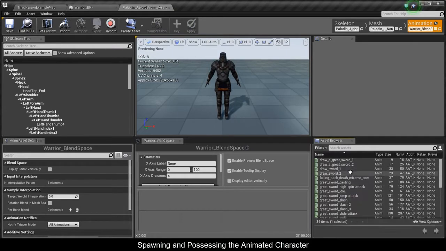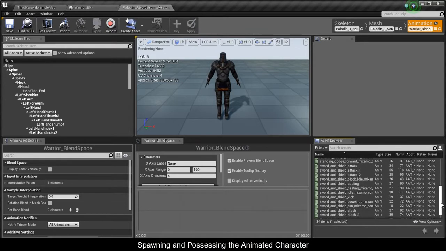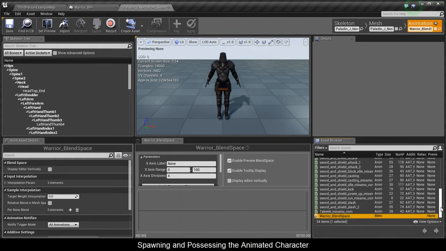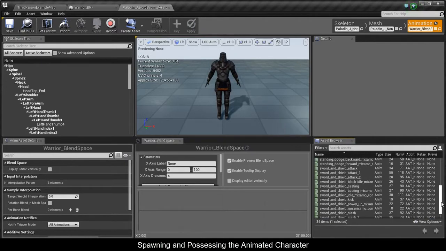In this blend space, I'm going to need the idle and the run, the one not with the great sword, because I provided you guys with these great sword animations too, but that's going to be his alternate mode. So we'll tackle the shield and sword first, then the great sword. So let's get his idle